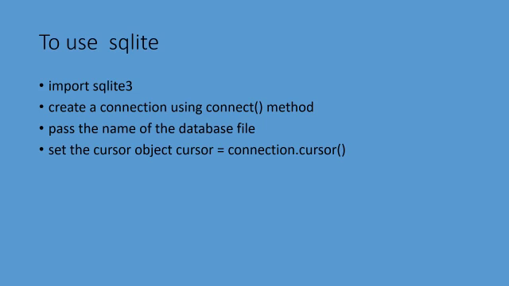cursor equal to connection.cursor. Here, the cursor is the important thing. It can traverse through the records. To go to the previous record or to the next record, we are using the object called cursor. How can you set the cursor object? cursor equal to connection.cursor. In the connection, I am connecting one database, and in the database, to traverse the records, I am using an object called cursor. That's all. So, 3 steps: you import sqlite3, you connect the name of the database, and you traverse the records in the database through the cursor.